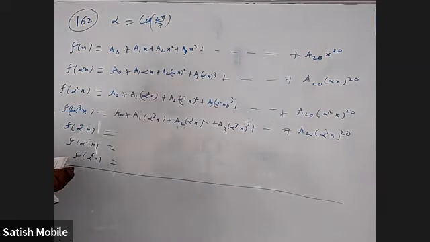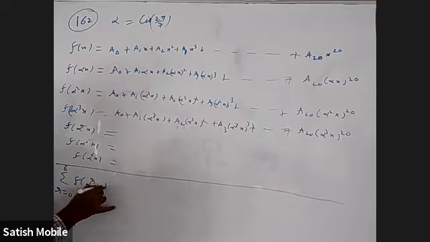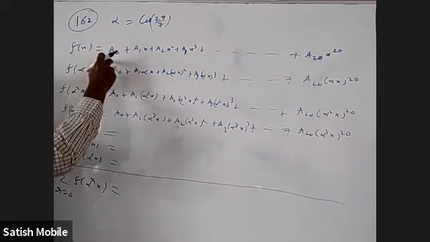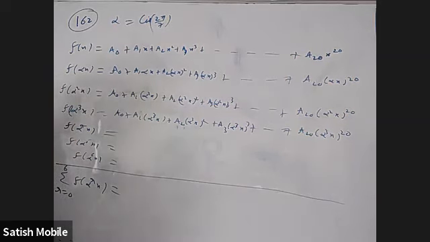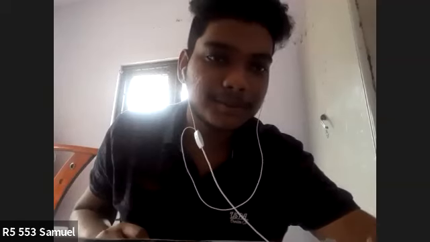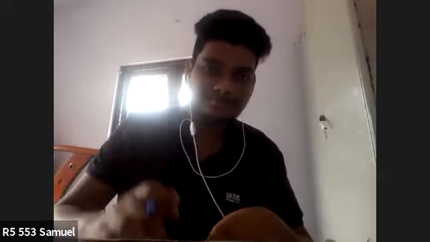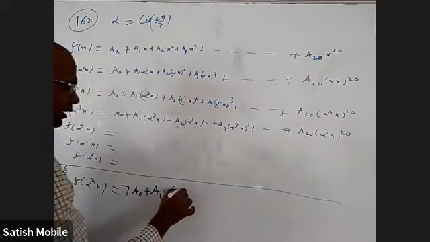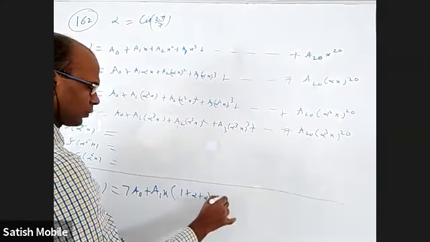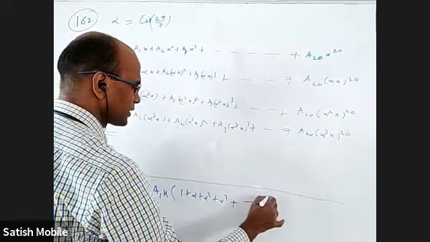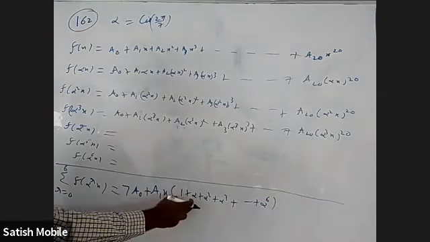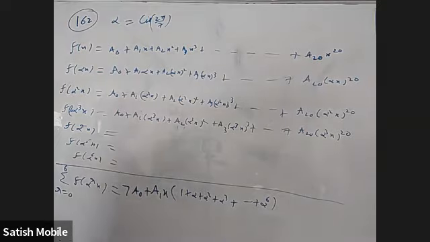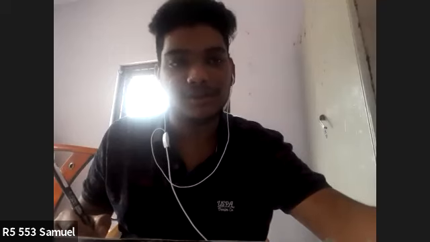So the question is the sum of all these things. Sigma r equal to 0 to 6 f of alpha power r x. When you add a0 plus a0 plus a0, how many times are you adding? 7 times. So 7 a0. In all these things, if I take a1x common, I will get 1 plus alpha plus alpha square plus alpha cube, so on up to alpha power 6. Anyone want to tell why this sum is 0? 7th roots of unity, sir. Yeah, alpha is a 7th root of unity.